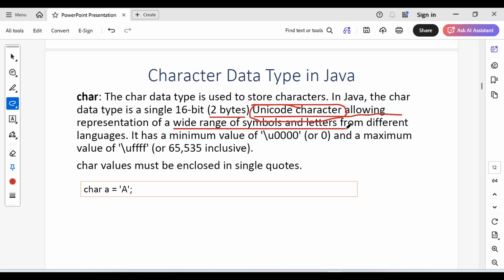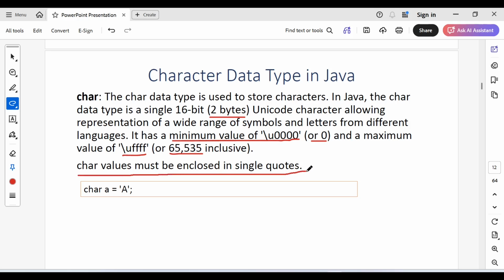So a wide range of symbols and letters from different languages. The minimum value of char is \u0000, which is equivalent to 0 in number, and the maximum is \uffff, which is equivalent to 65535. So internally, char is stored as an integer only, a number. And one more thing, which is quite important, with a char value, you should always enclose it in single quotes